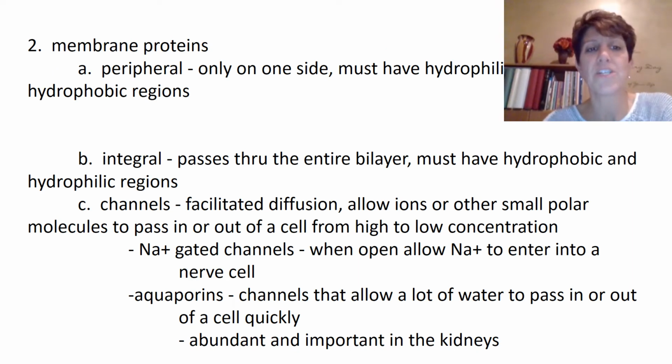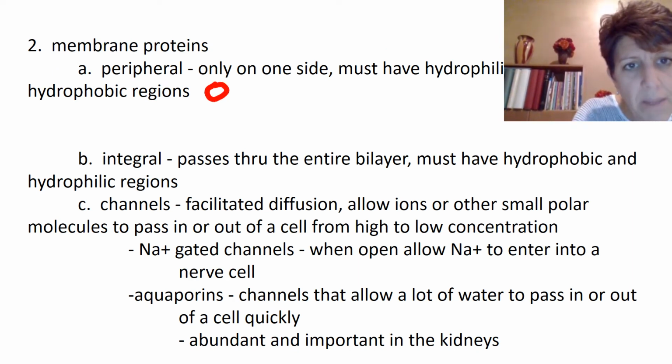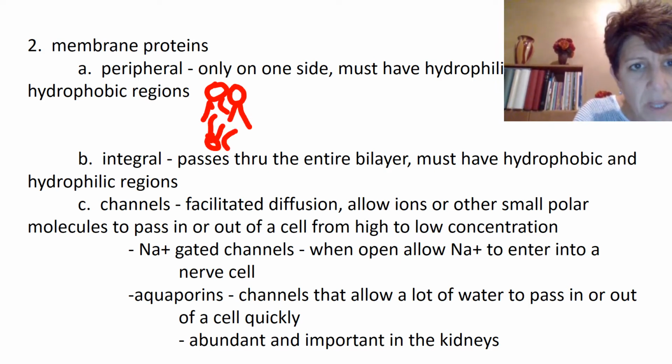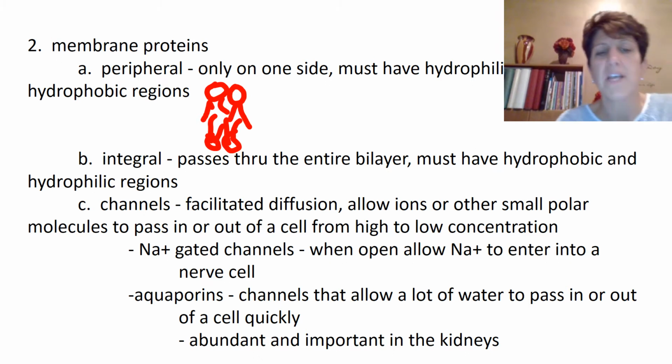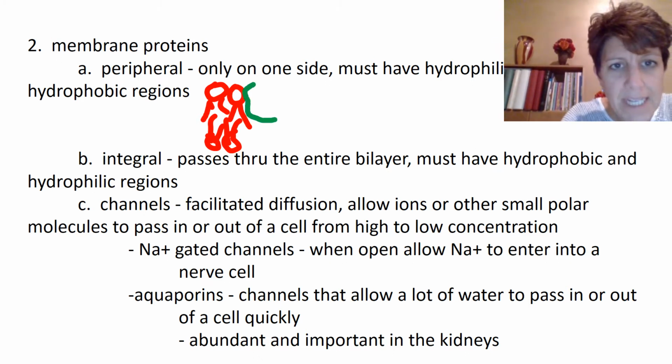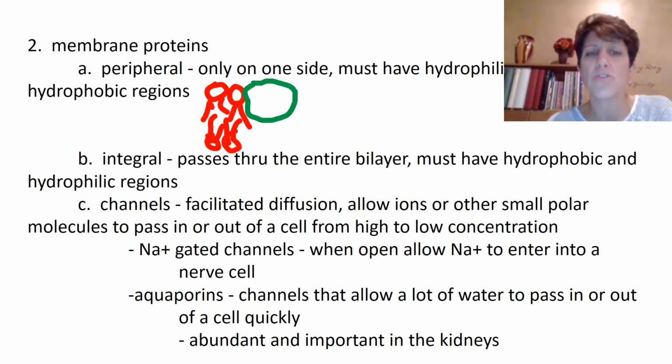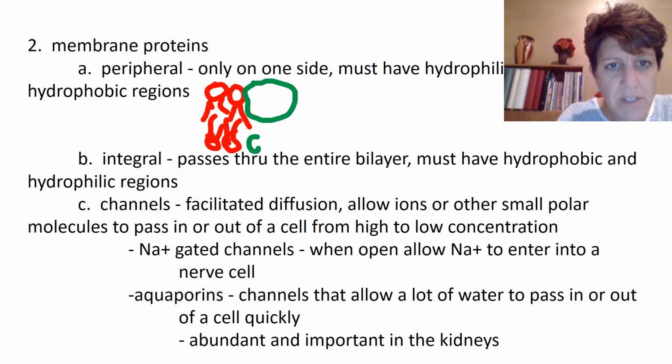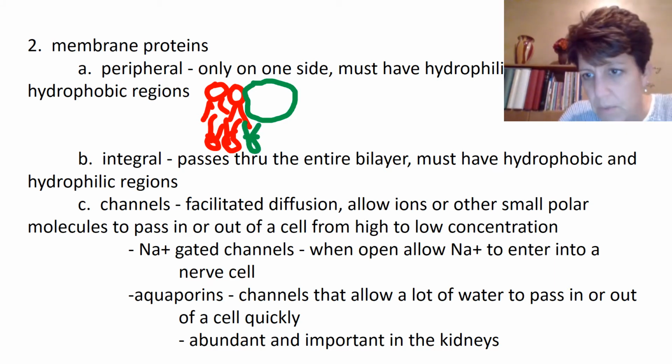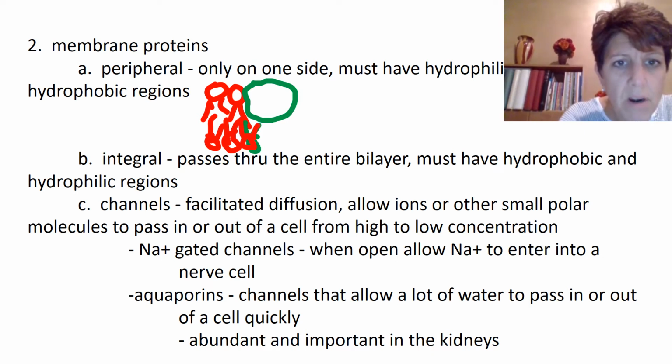All right, next thing I want you to add are membrane proteins. So again, we're going to draw our lipid bilayer, and we're going to add some proteins this time. So these are just phospholipids. A protein could be peripheral. That means it's only on one side. So draw a little blob like that. That's the peripheral protein. And you're going to have to make some more. I want them to be red. Here we go. All right, I'm going to have to draw some more phospholipids here